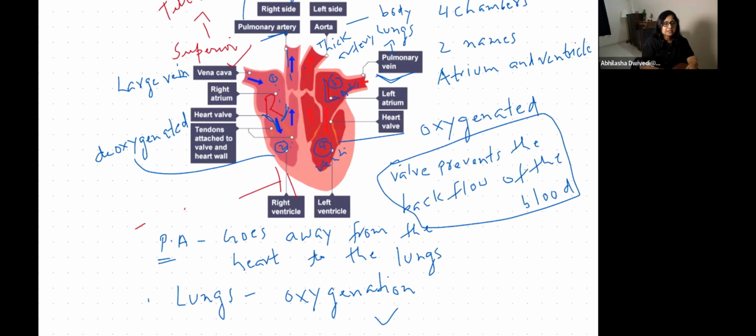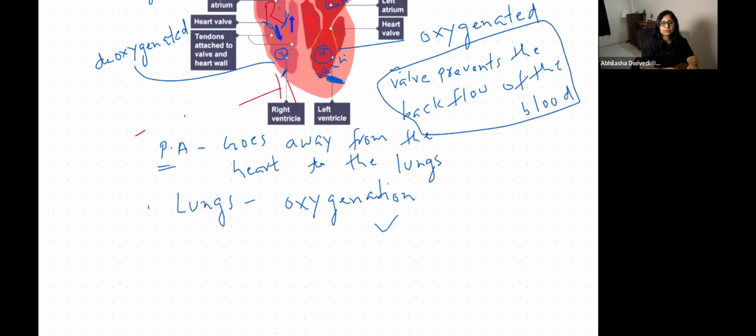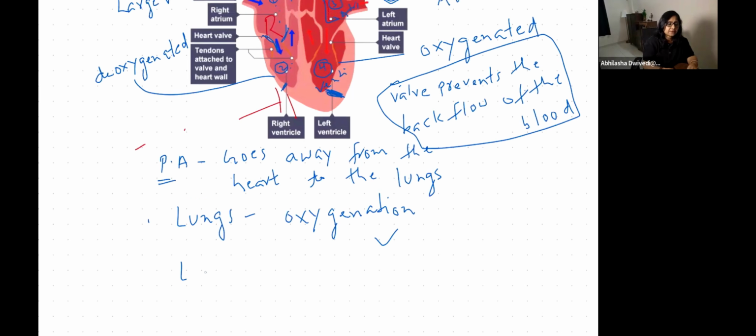Now, if you notice, this is not a mistake that this is thicker than this one, right? The left side of the heart wall is thicker than the right side. Why is that? Because the left side of the heart is carrying oxygenated blood, and that flows with a lot of pressure. Okay, left side wall is thicker